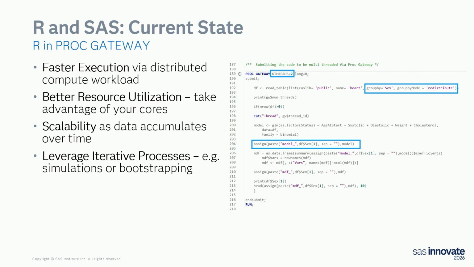And you can see that what we did is we actually did a group by in one of our models. So I'm just trying to do a GLM, and I've told it to use the group by. So it's actually going to run the men and the women separately in different threads. So if you have big data, a big process you need to run, you can use Proc Gateway now and do R multi-threaded. Do the same thing with Python. You can just use as many threads as you have available to you.